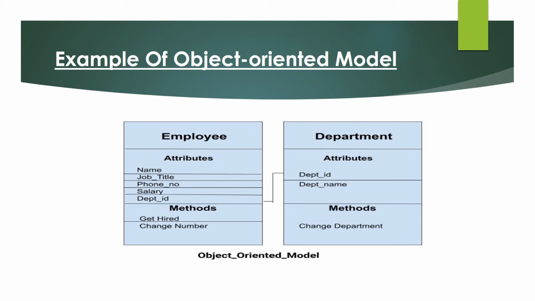So in object oriented model, we use the concept of objects and classes, and it becomes possible to reuse those objects, so that we need not write the programming again and again, or create the table again and again. So this is the main advantage of object oriented model, that it provides the possibility of inheritance.